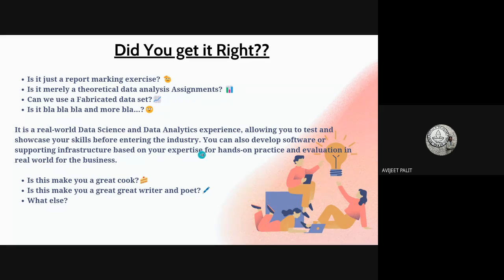So if you're able to understand what this business actually requires, and you develop that solution for the business, then it will obviously be a plus to your CV first, a plus to the skills that you have, because you are going to test whatever you develop. It is going to be there in the business, and they are going to use it. So there is nothing better than doing an internship and doing this project, I would say.